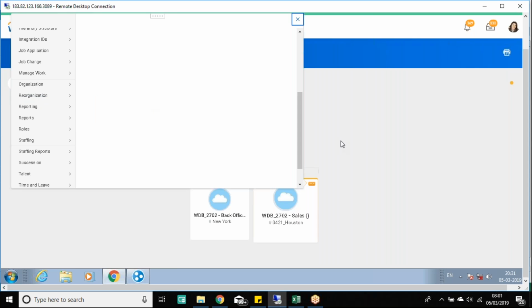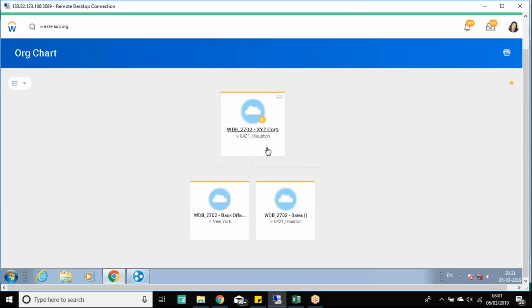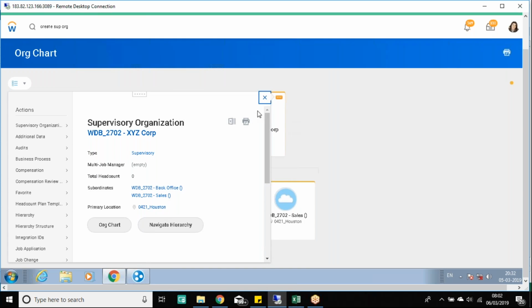Let's assume I want to assign this supervisory org to a different supervisory org, right, as a subordinate. Can I go ahead and do that? So right now this is my supervisory structure, right? Let's assume I want to assign this supervisory org to a completely different tree, or maybe I want to move this supervisory org within a structure,